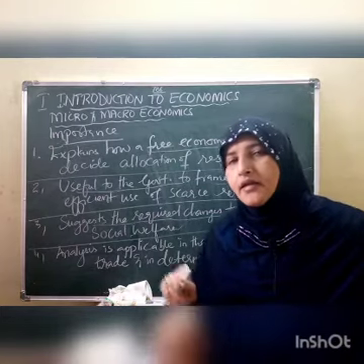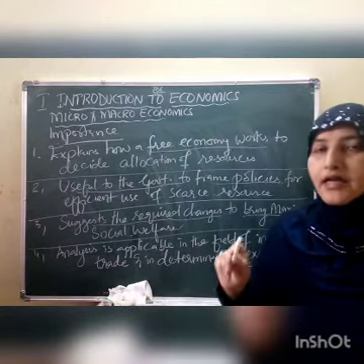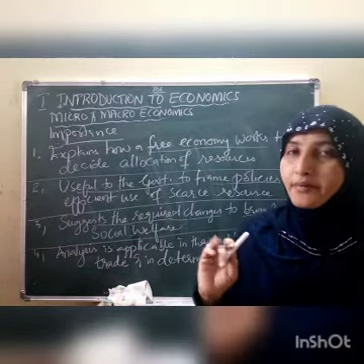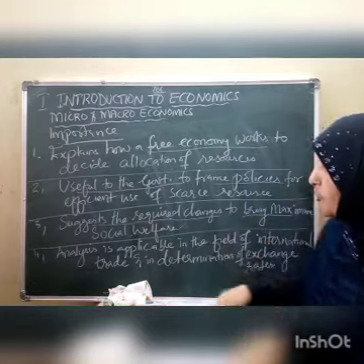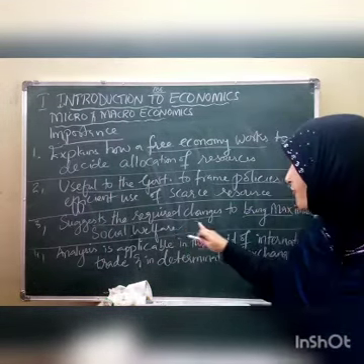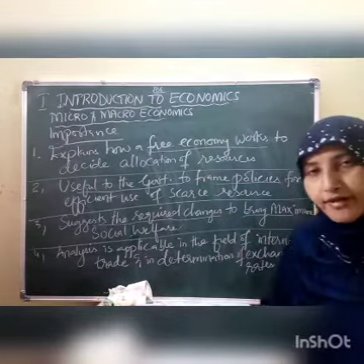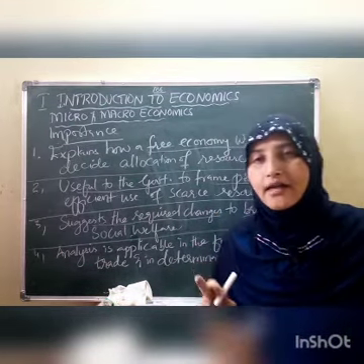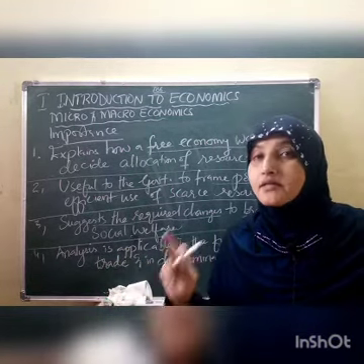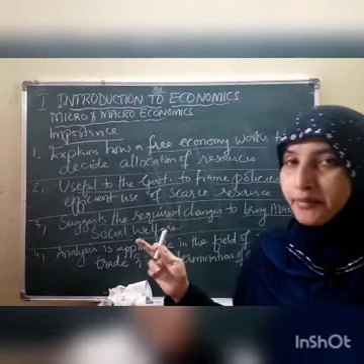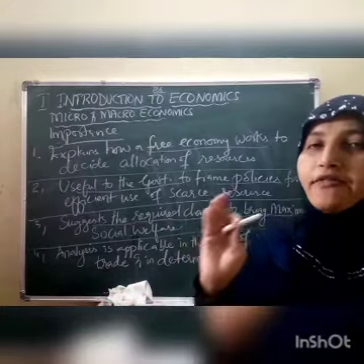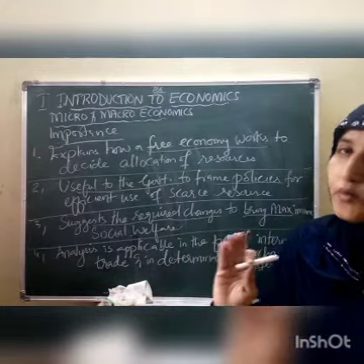Third one, microeconomics suggests the required changes to bring maximum social welfare. What does it mean? Microeconomics is helpful because of the theory of pricing, product pricing, and the theory of factor pricing. In the theory of factor pricing, labor is coming. So this theory helps us bring maximum social welfare. If labor is getting less salary compared to the profit, then this theory explains that, according to the profit, the salary of the labor should also be increased. Maximum social welfare, society benefits from it, children.